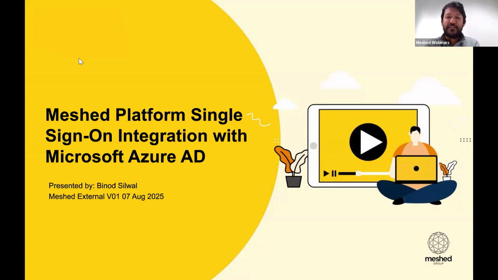Thanks for joining today's session for Mist Platform Single Sign-On Integration with Microsoft Azure AD. We are excited to launch this integration, which is very much in demand. It is essential to make your platform secure and to maintain the single sign-on activity throughout two systems and so on. We're very excited to share this with you, and we look forward to having you on board